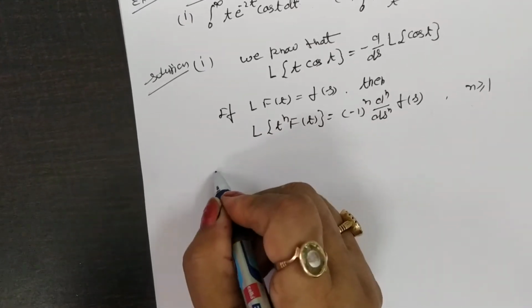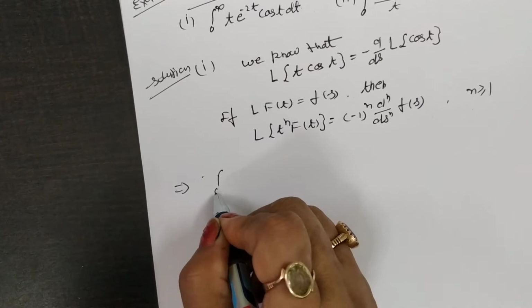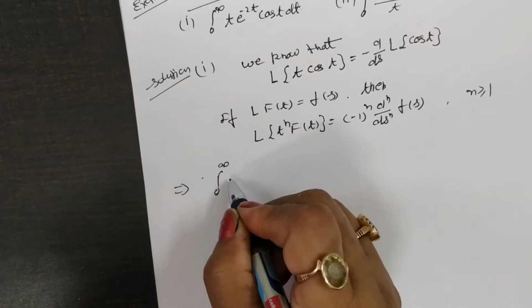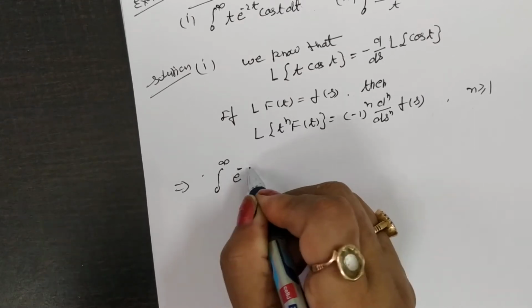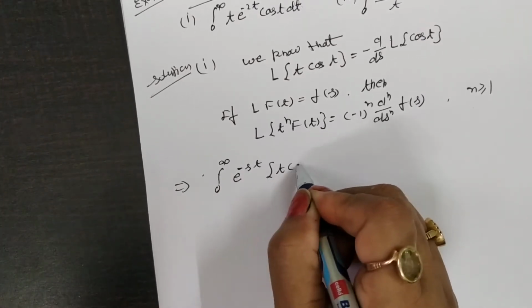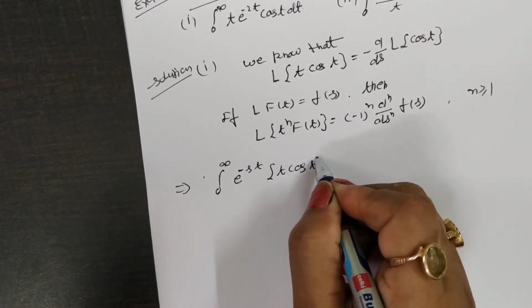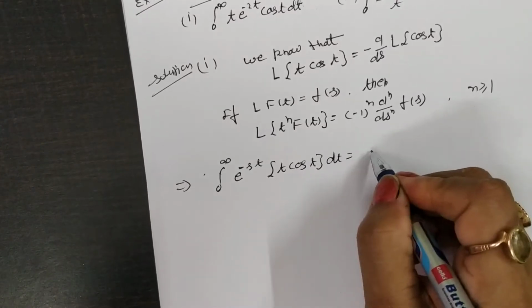Now applying the property here, according to the question, the integral from 0 to infinity of e to the power minus st, t cos t dt is equal to minus of